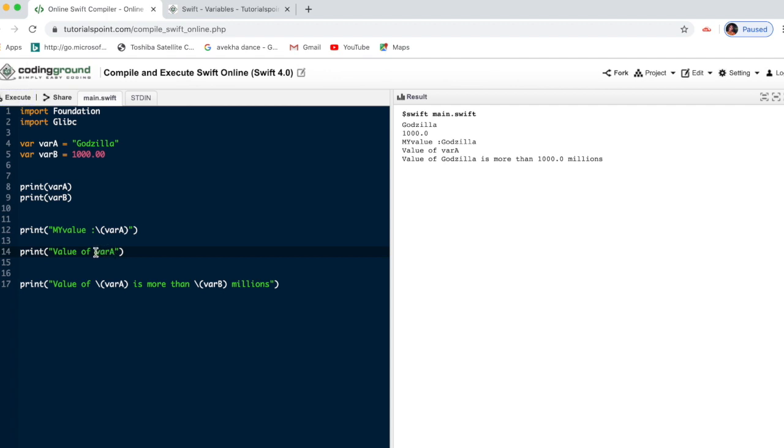For that value to come, we have to give it this way, then only that value will be printed. Understood? If we give b, see, this is the main thing we must know.